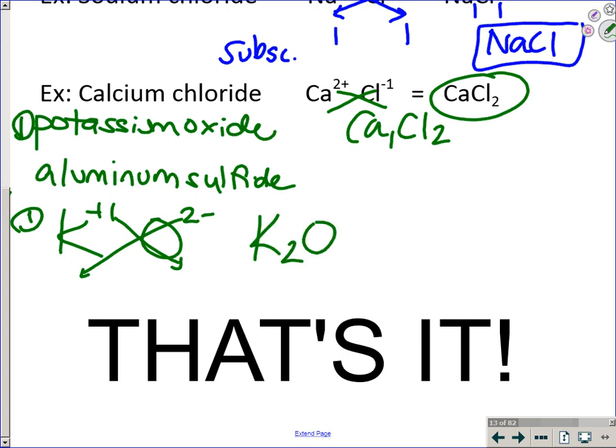K2O is potassium oxide. Okay, Hannah, can you do aluminum sulfide? Yeah, aluminum, Al. Okay, so the aluminum symbol is Al, and it has a charge of 3 plus